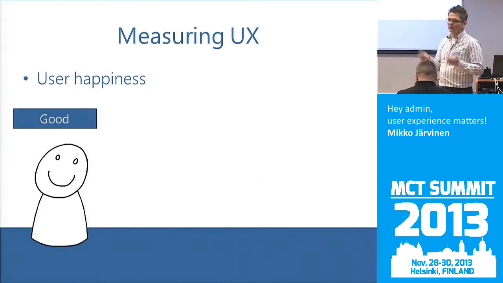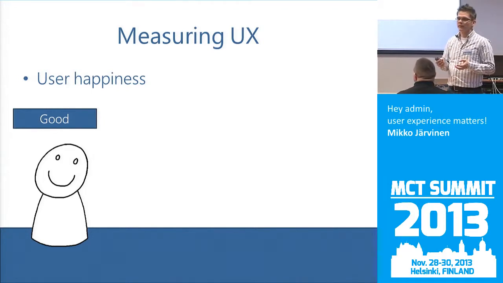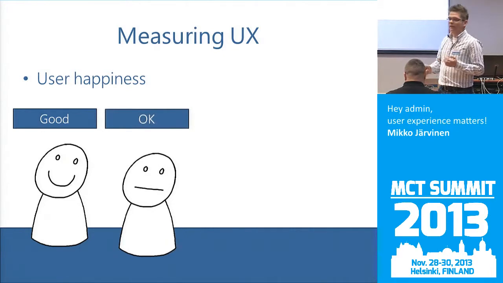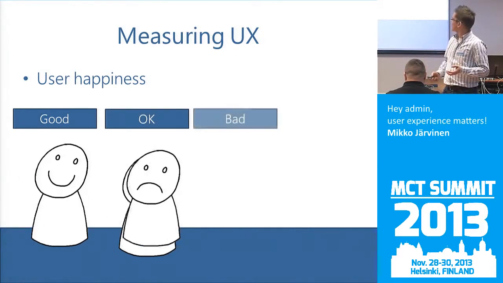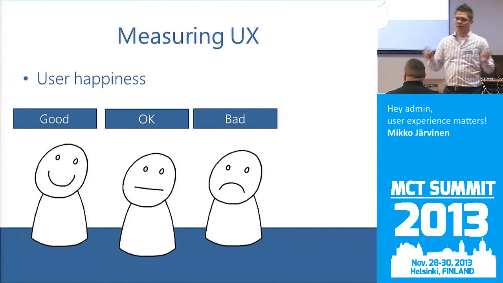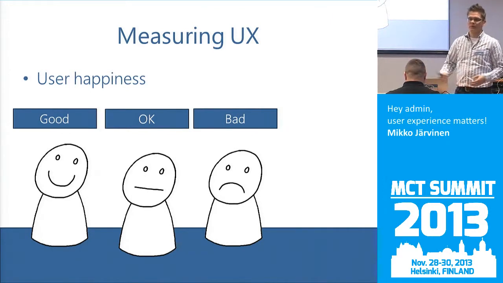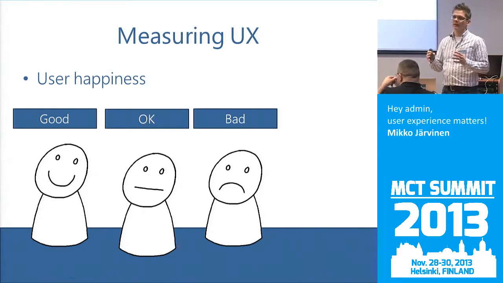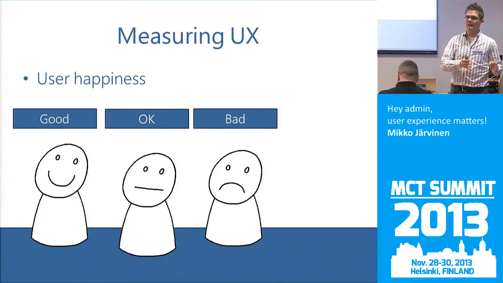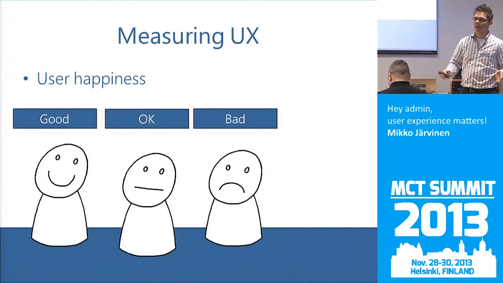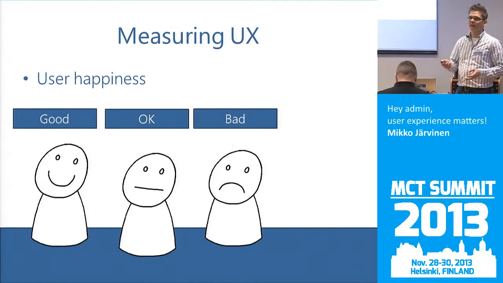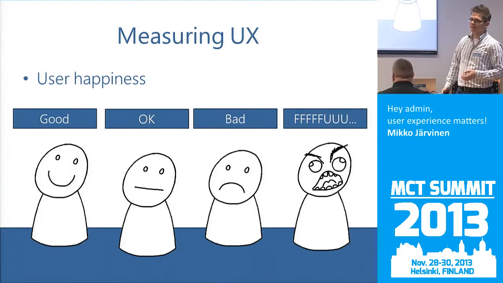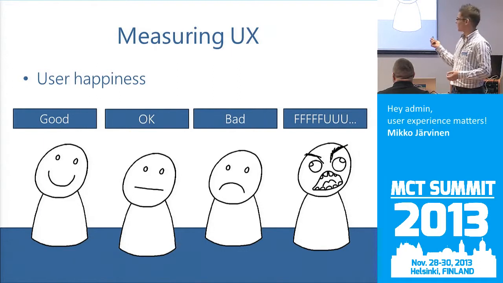But unfortunately, because we're dealing with computers, the situation is not always that good. Sometimes the situation is bad: a program crashes, there's a paper jam in the printer, all kinds of stuff happen. But these three levels of user happiness have something in common. Users don't tell the IT admins about these situations. They just think it's normal. They usually tell when the situation is something like this. And then we have a problem. We don't want to have that situation with our users.